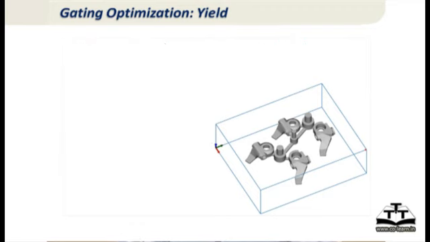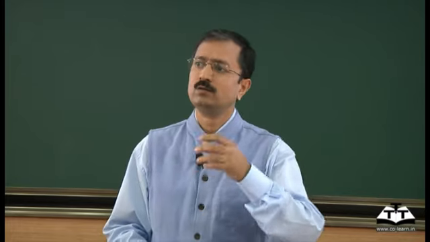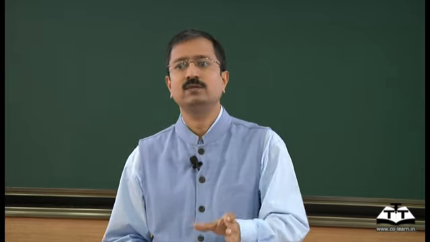And how do you improve the gating contribution to yield? You try to make smaller gates. The most strategic decision here is where you put the sprue so you minimize your runner length. That contributes to the gating much more than anything else. Everything else will affect quality also, so you don't want to meddle with that. The sprue location to minimize runner length is the best thing that you can do to minimize the gating contribution